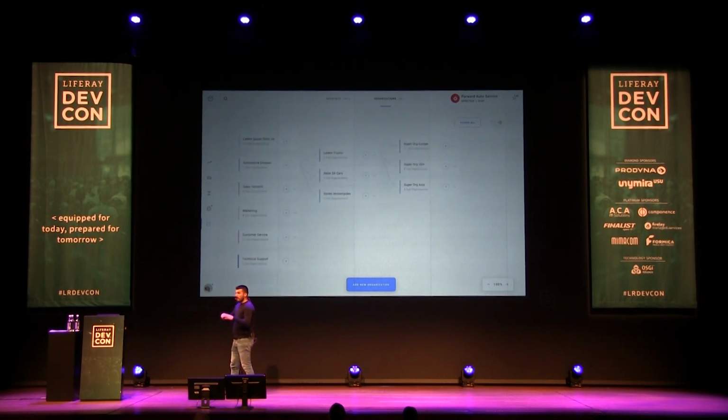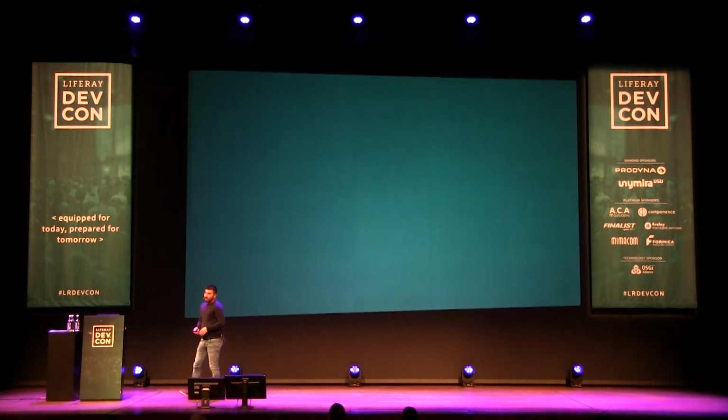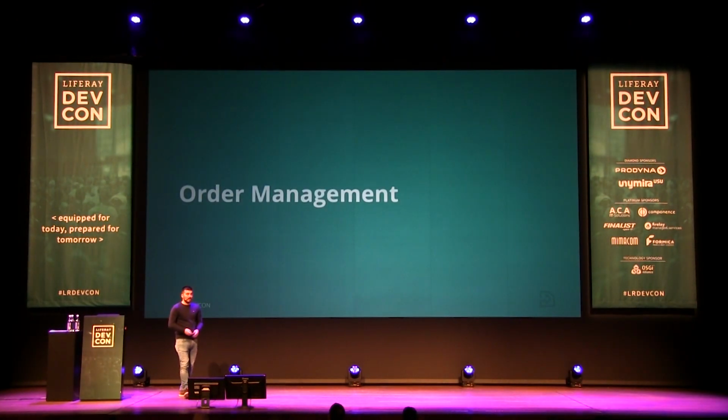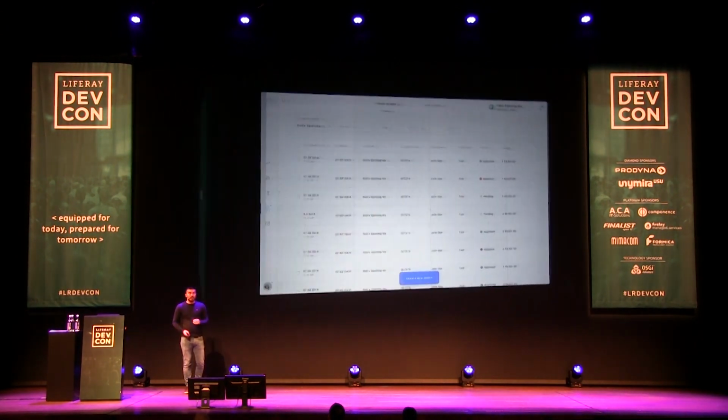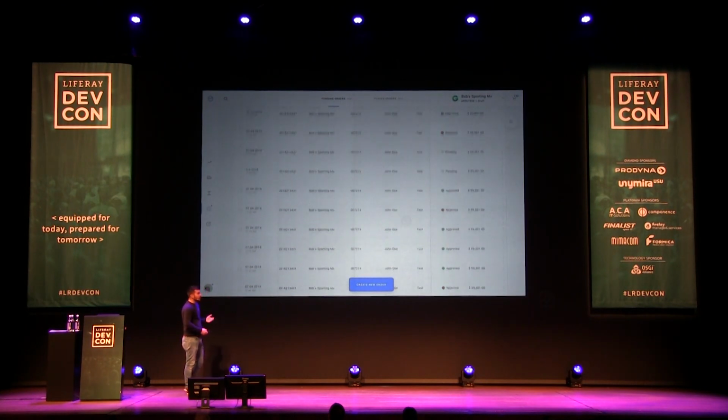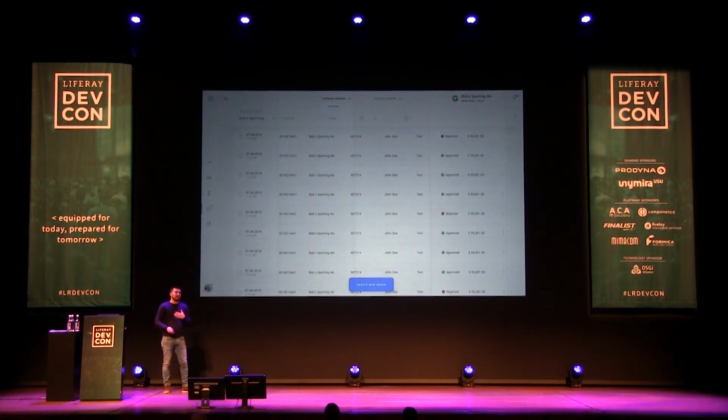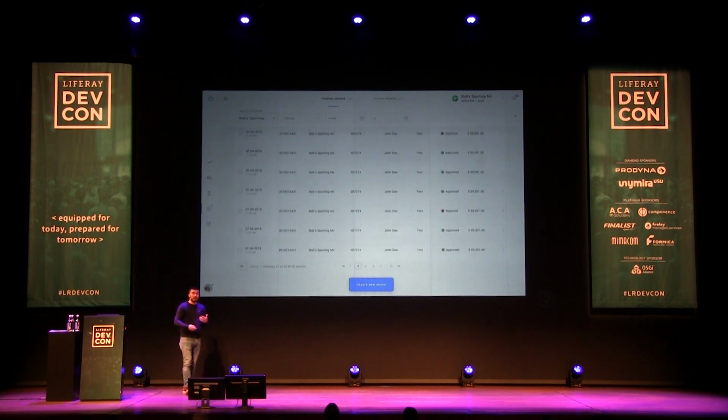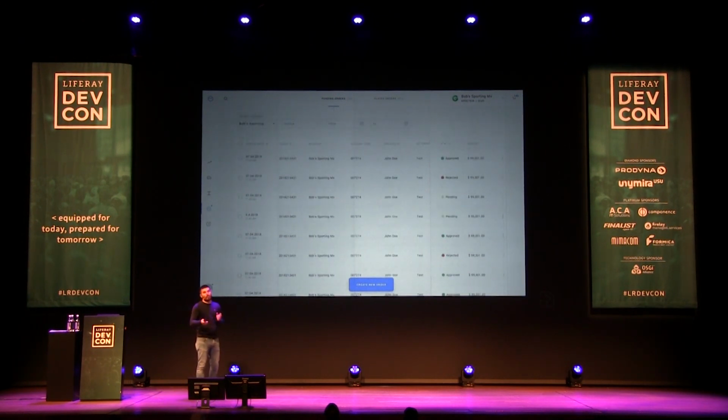But this is all about accounts. Let's see the order management section, which is a basic aspect of commerce. Again, I will show you the minimum accelerator order management. For example, here you see the list of orders that I am working on. Those are open orders, still not checked out. You can quick approve them, because maybe there is a workflow for the approval process, or you can just go into the detail of that order.